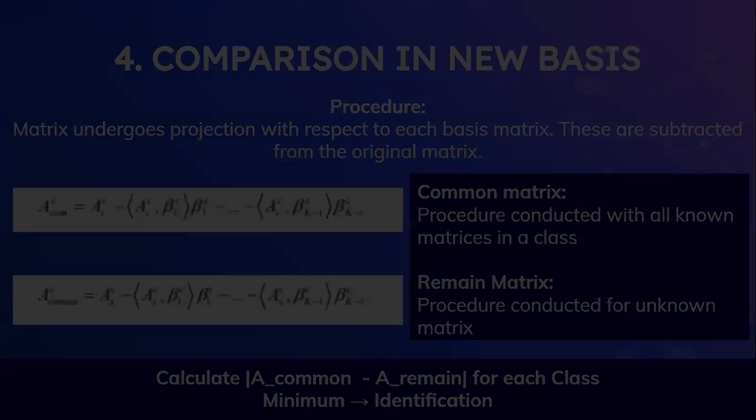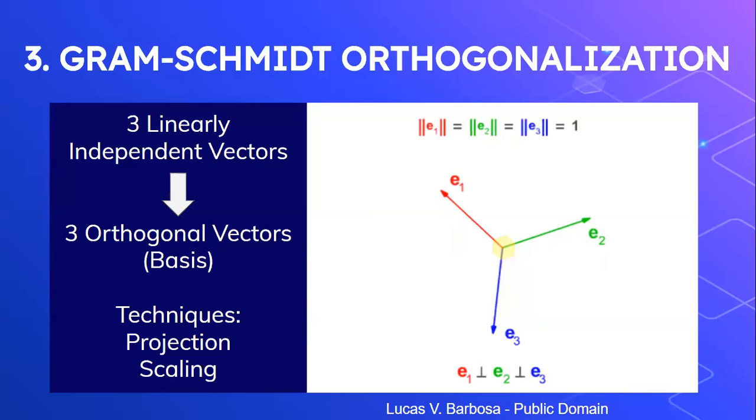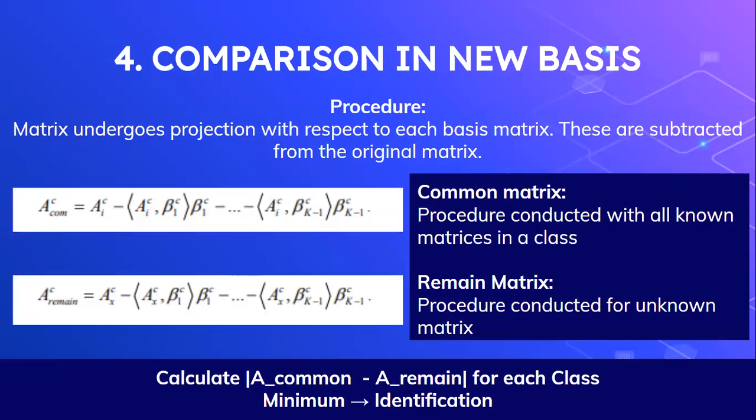So here in this image, we had 3 linearly independent vectors, and so then we get to 3 basis vectors. So here we would have 10 pictures of Amy, and then we would get to 10 basis matrices of Amy. And so we do a projection into each of those different matrices and subtract it from the original to get